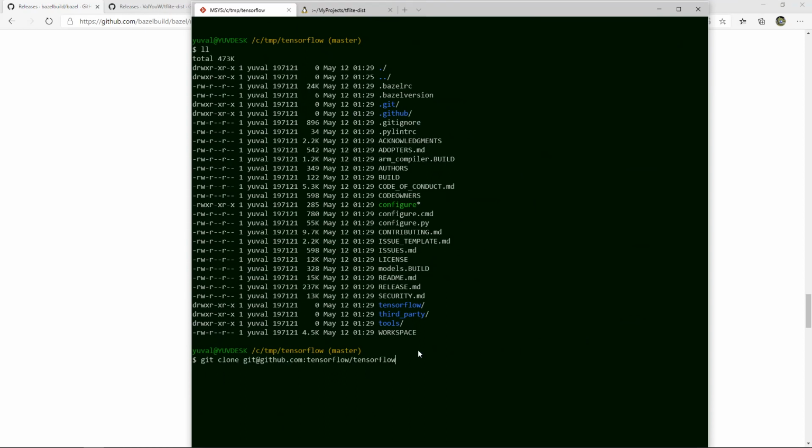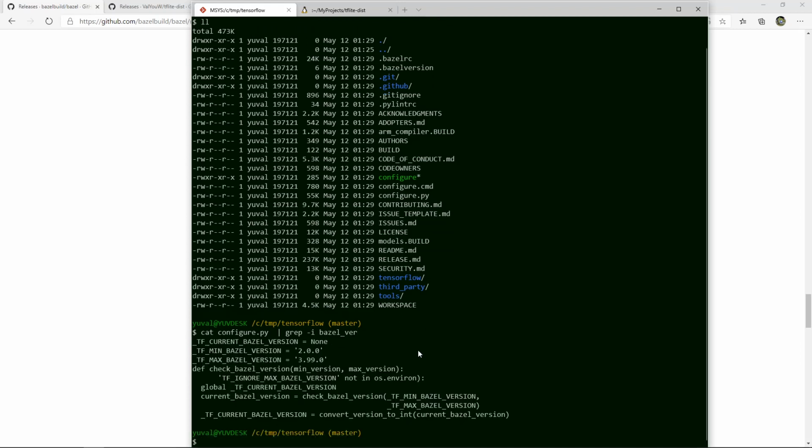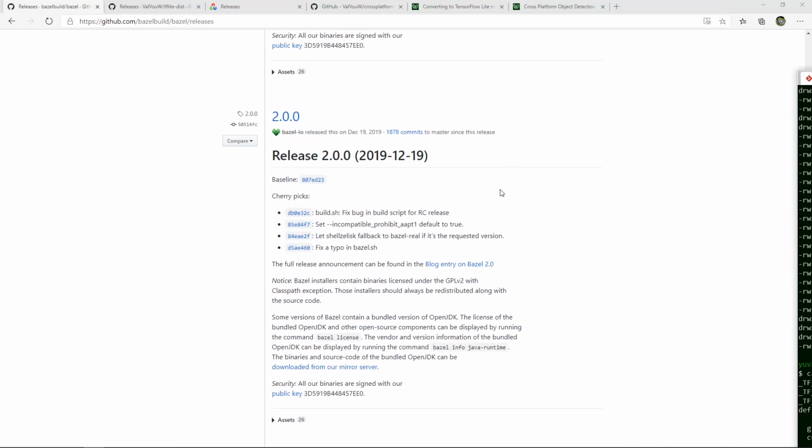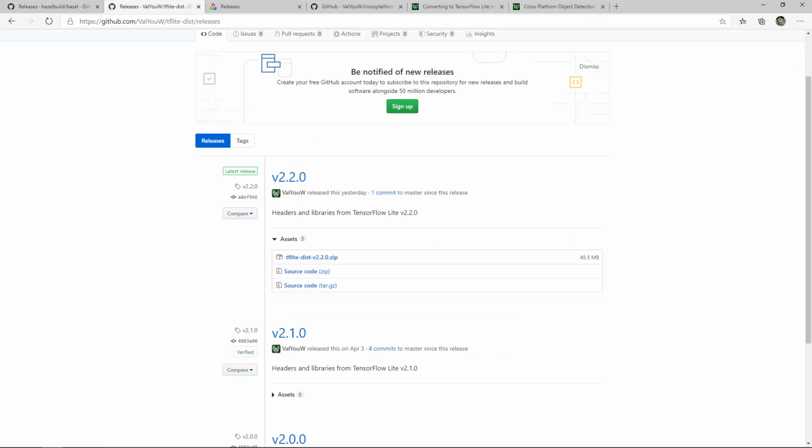This is a fresh clone of TensorFlow, and if we check the configure script and look for Bazel, we can see that the TensorFlow minimum Bazel version is 2.0 and the max Bazel version is 3.99,